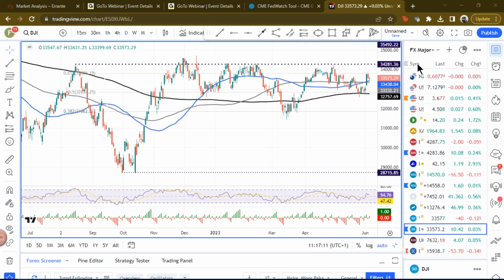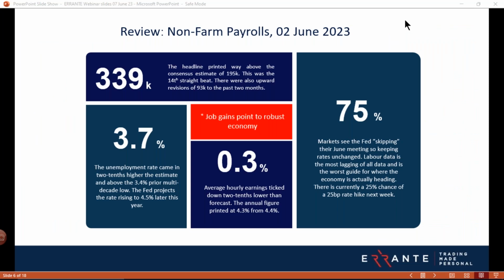Okay, firstly then, let's go to a recap of some of the main risk events. Firstly, we had non-farm payrolls from Friday. Always important for us to review these key events just to see where we are, the landscape in the US economy. Of course, another blowout headline number,